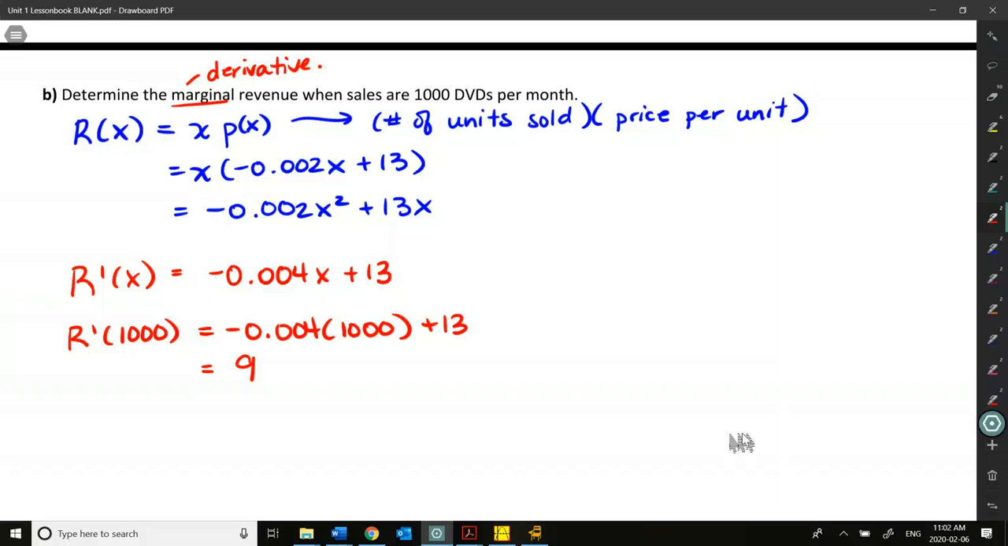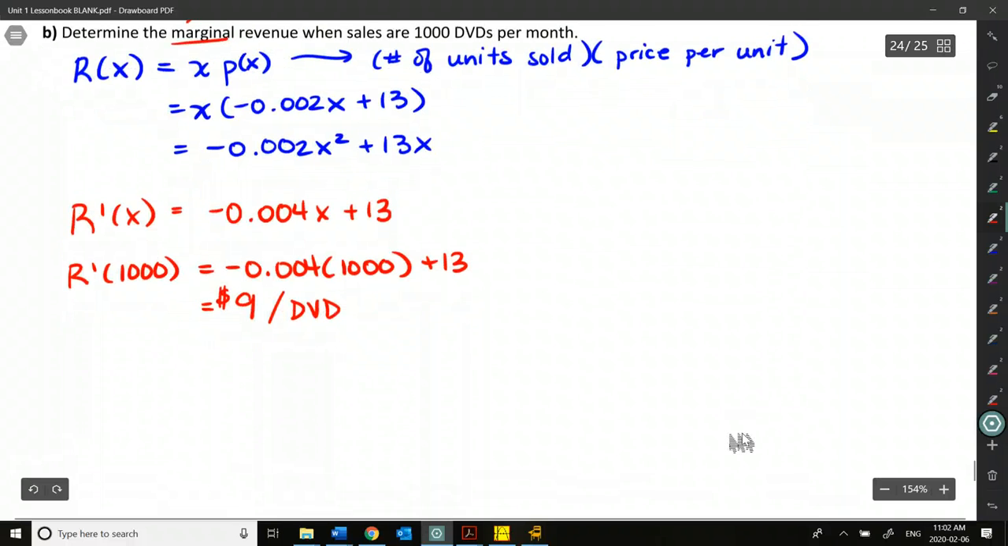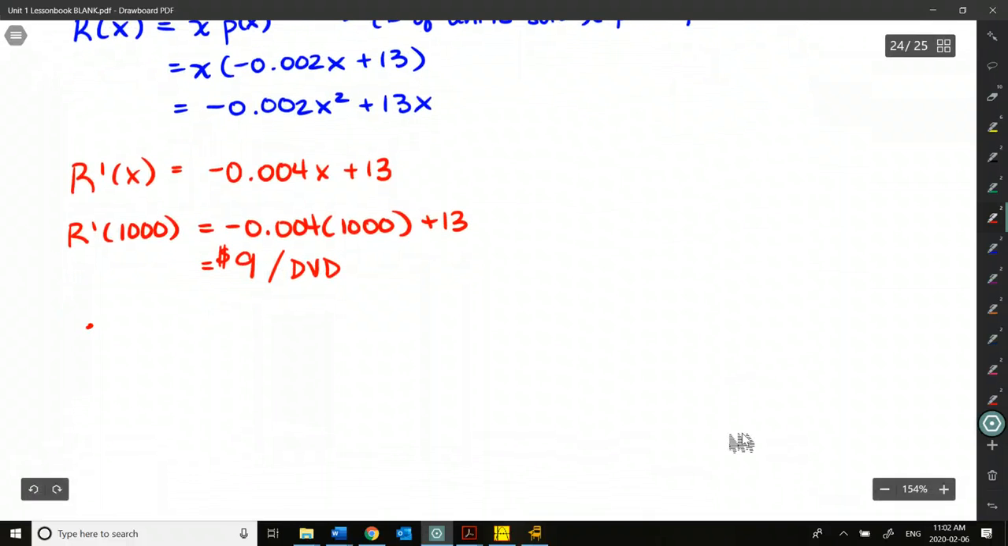Okay, and if we're using proper units of measurement here, when we find marginal revenue, we're talking about the change in revenue with respect to the number of units sold, and revenue, of course, is measured in dollars. So this is going to be $9 per DVD. So our interpretation here can say for marginal revenue that when 1,000 DVDs are sold,